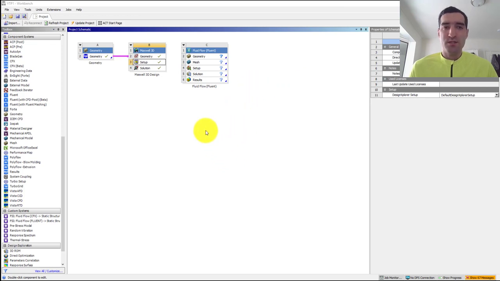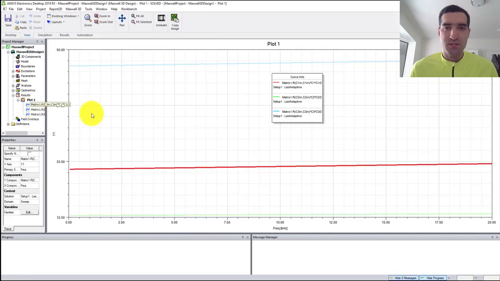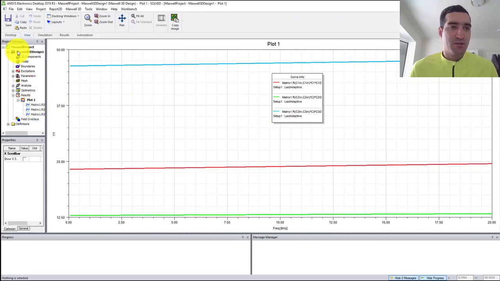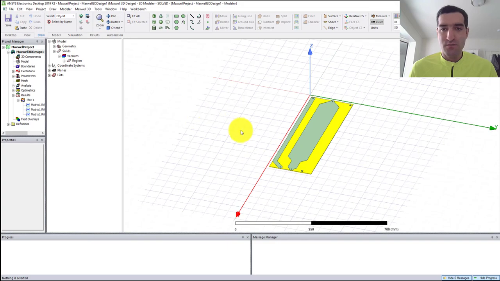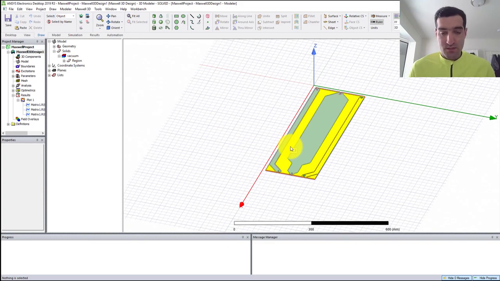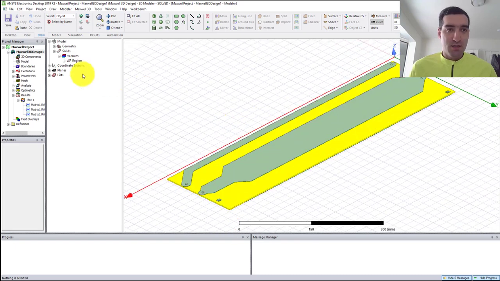In this video I'm gonna talk about simulating the fluid flow on the ANSYS Fluent. But before getting into that one, I forgot to tell something in the Maxwell 3D. So if we open the Maxwell 3D project, we talked about these plots. If we go to the 3D model over here, make the region invisible and press Ctrl D to fit the model to view, and we can